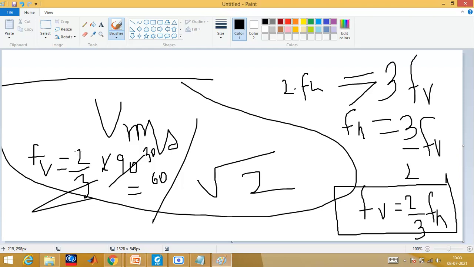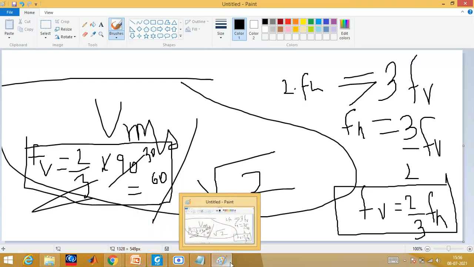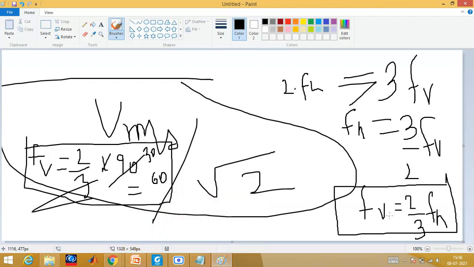Clear to everyone? Like this formula they will be giving you a value and you will be asked to find the unknown value or the frequency. So it's very easy, just remember this formula and substitute it. Suppose they have given you the FV value, then you have to substitute here. Suppose they have said FV is equal to 60, so let us try to put here FH is equal to 3 by 2 times FV, as I told you, we are assuming it to be 60 now, so cancel kar dijiye, so 2 3 is 6, so 30, 30 into 3 देखिए 90.